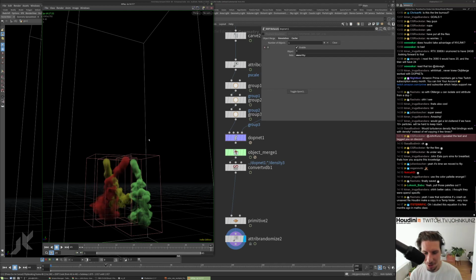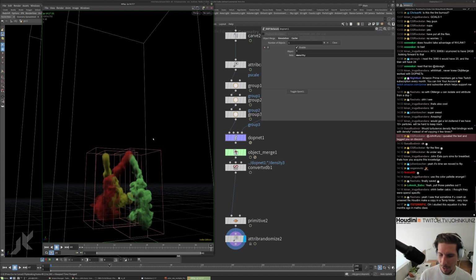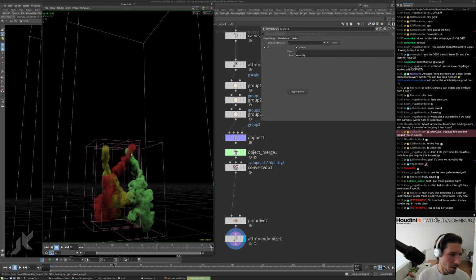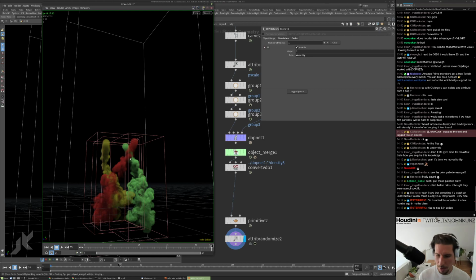You studied the equation a few months ago in maths. I've looked at the equation. The only way I've really been able to understand it is like I've repurposed or set it up another time using VEX. And then I could understand it, but always looking at the Greek